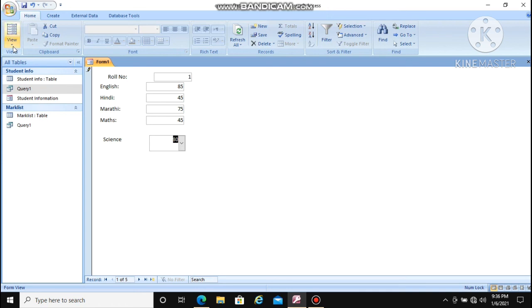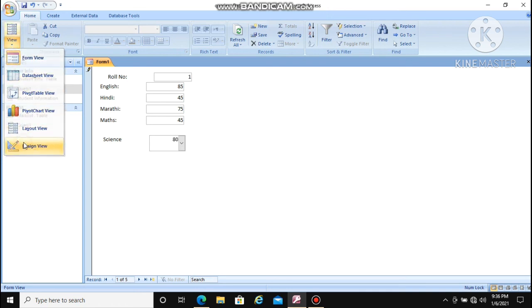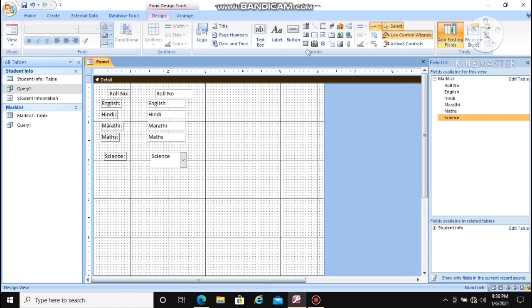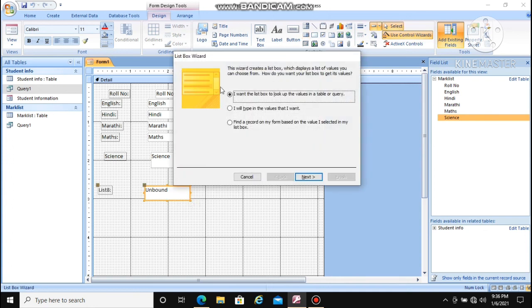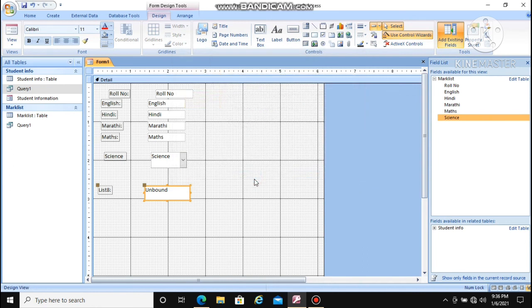You can go in the design view of that particular form, click on the control button which you want, and then just draw here. And then follow the instructions which I have told already. Then that particular control box is created and linked to your particular table and form.